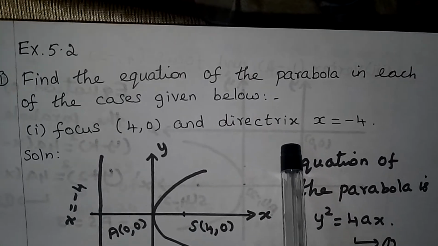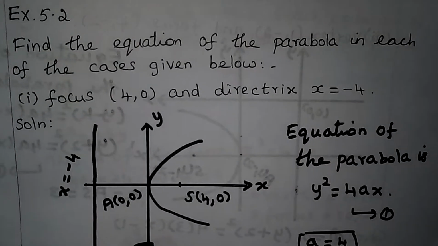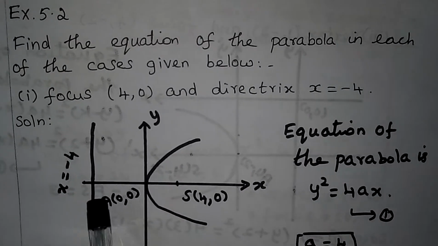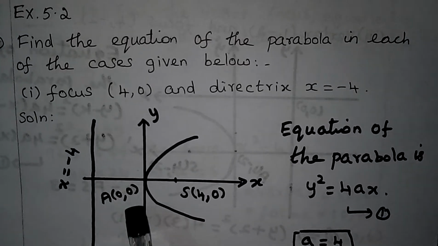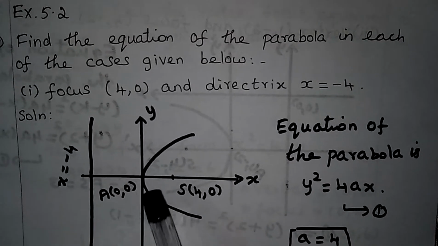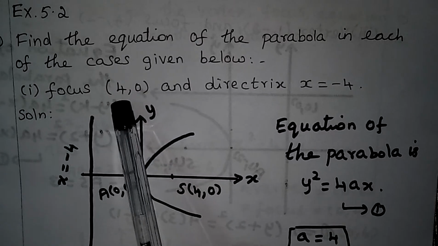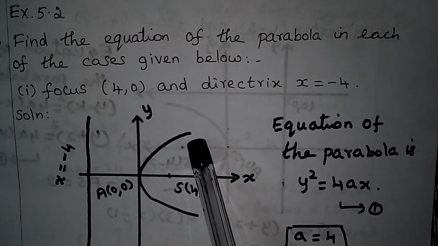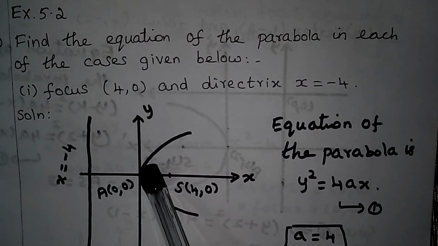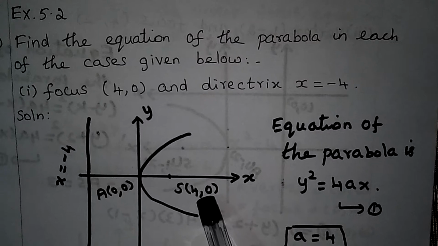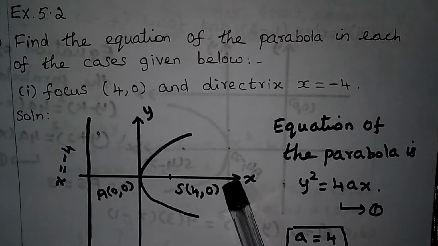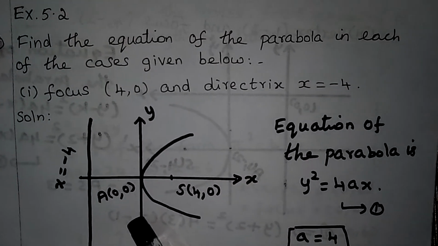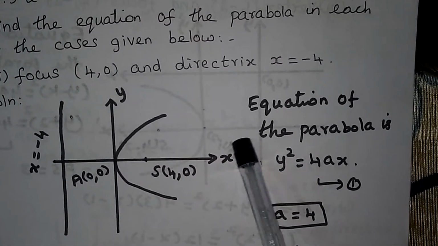Okay, first you can draw a draft diagram. You don't get marks for this diagram. We are drawing this diagram only to identify the formula. So mark the x-axis, y-axis first, and then mark the vertex. Here we know the focus, the focus is 4, 0. So you can mark the focus here. The parabola passes through the vertex, and it will open where we have the focus, so it will open rightward. And the directrix we have is x equal to minus 4. So on seeing the diagram, you can identify which type it is. So it is the first type.